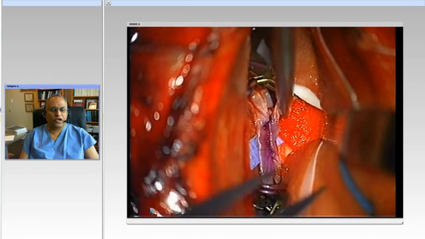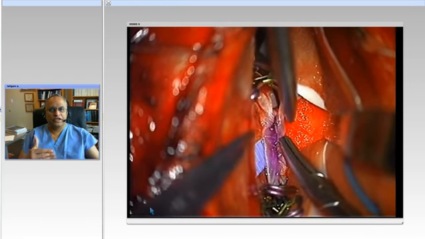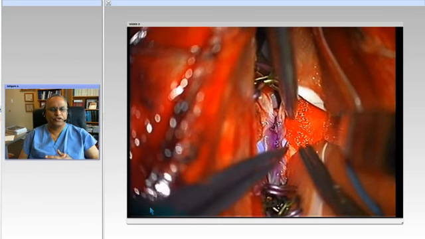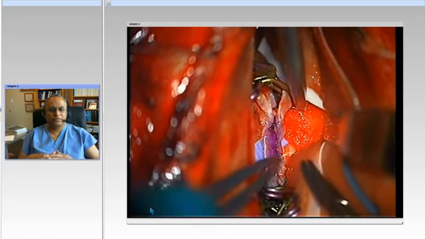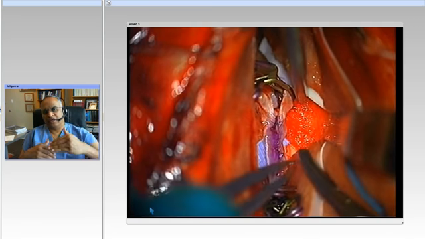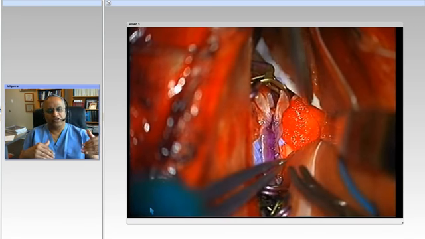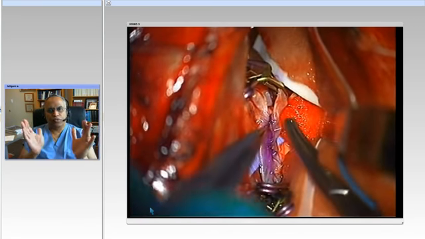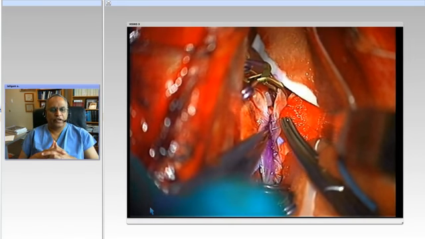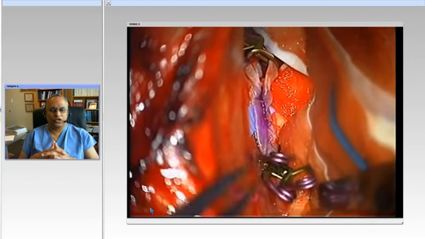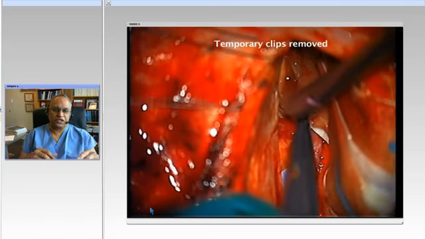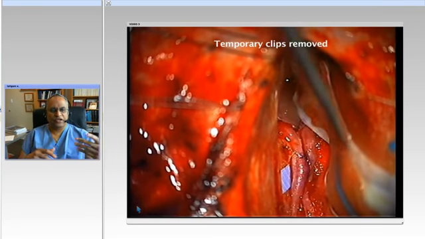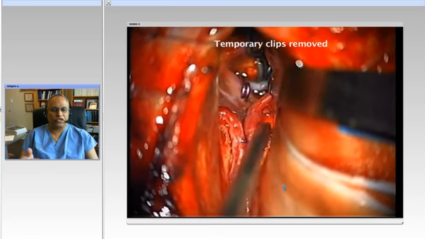Now I want to talk for a minute about continuous versus interrupted sutures. Interrupted sutures take longer time, and of course as you get near the edges they become more difficult as you close more and more of the vessel. However, they are more secure. So sometimes an option is to place a couple of interrupted stitches at the corners and then use continuous stitching. So here we remove the temporary clips,